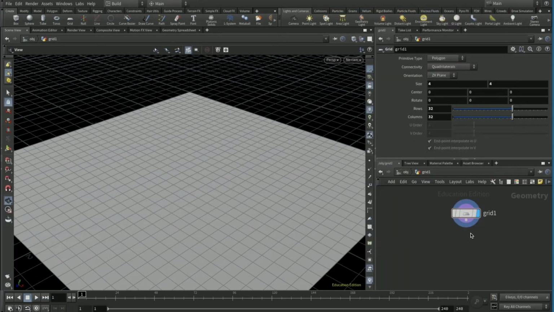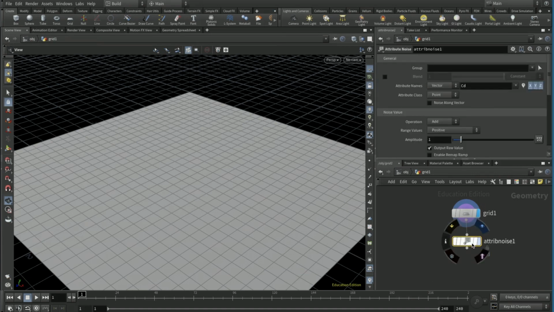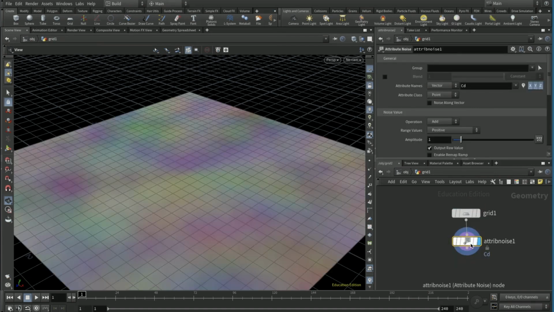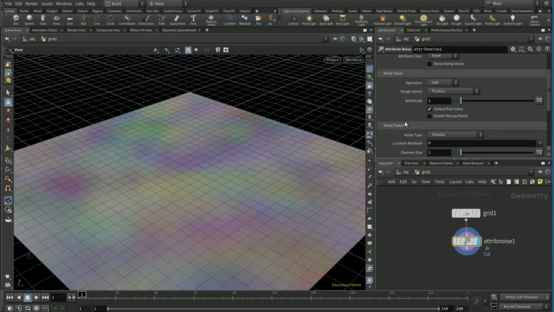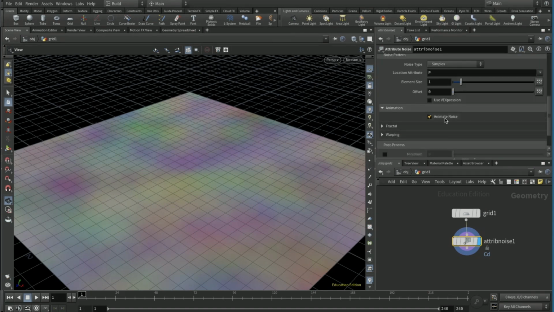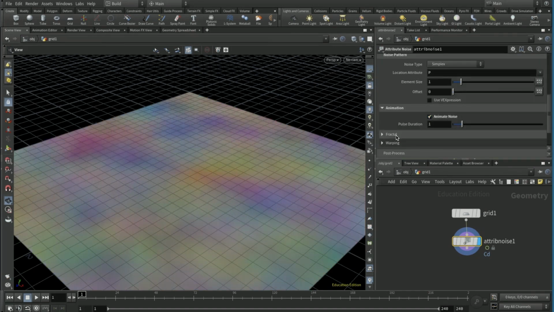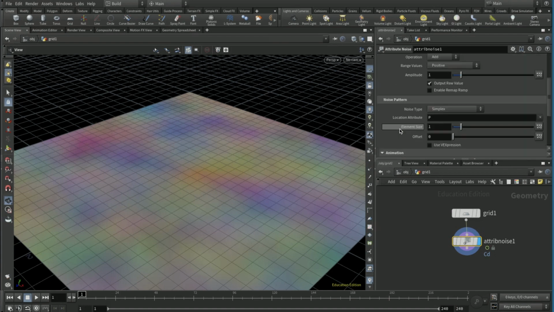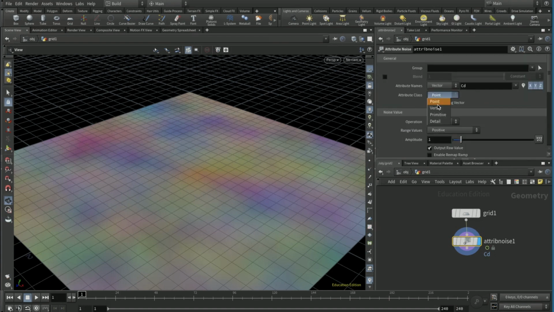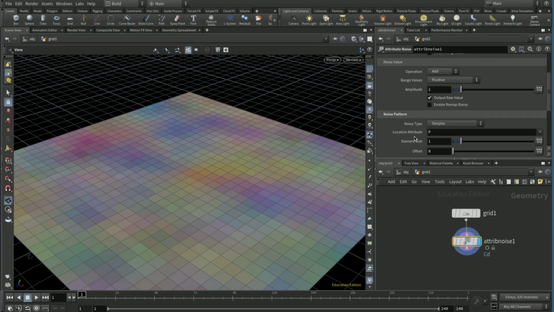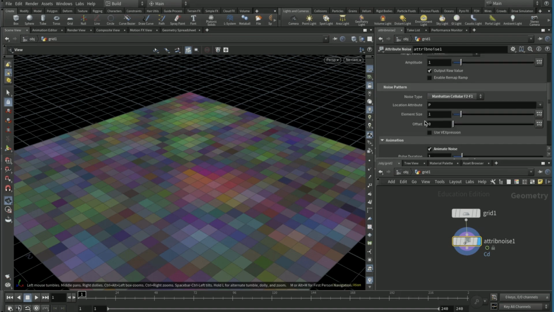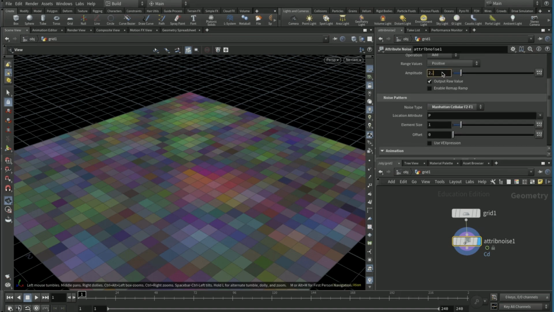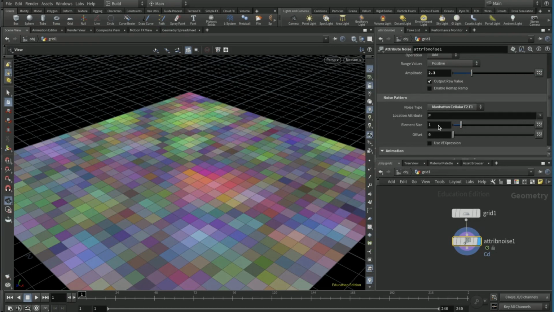noise node, make that visible, scroll down on animation, tick on animate noise, attribute class as primitive, the noise type to Manhattan F2, set the amplitude to 2.3 and